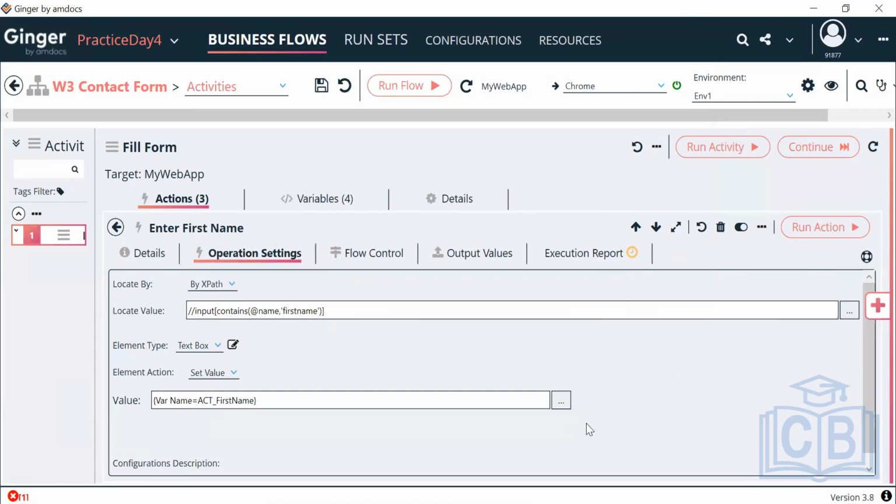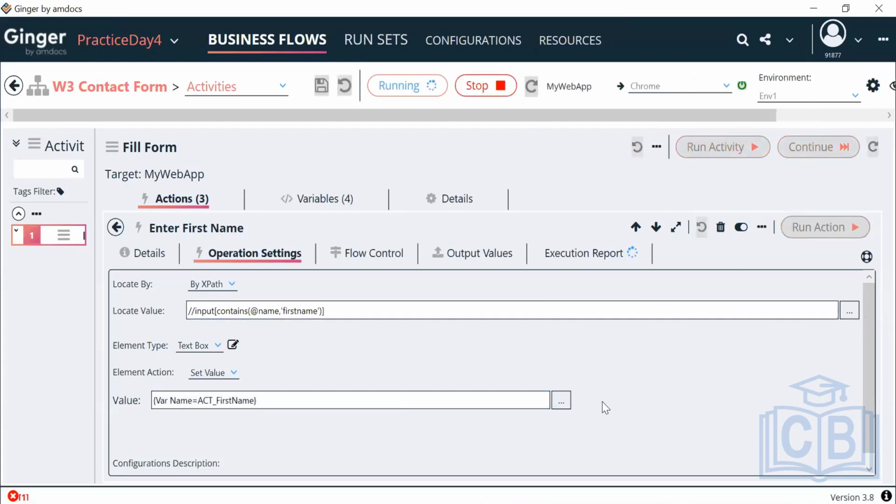So I added a UI element action. I renamed it to enter first name. The description I put as enter first name. I chose the operation as set value for a text box action using the XPath, and I passed the variable. I didn't hard code it. I passed the variable value which I'm fetching from Excel. So I click on run action and you can see